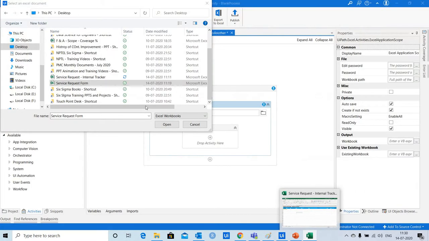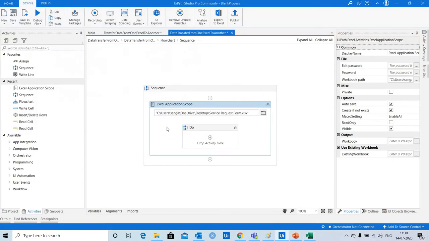Let me close the file and open and define. Now inside this I am going to read various cells and save each cell data into a specific data variable. So let's do that.